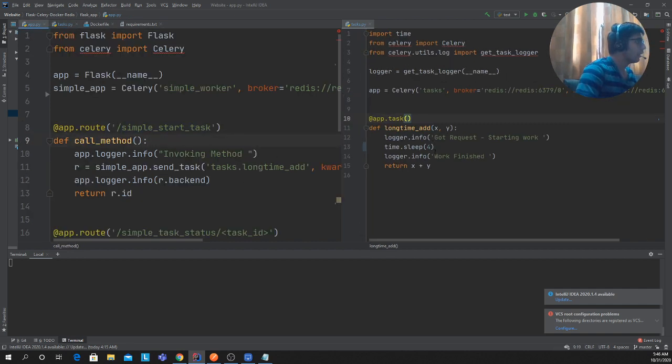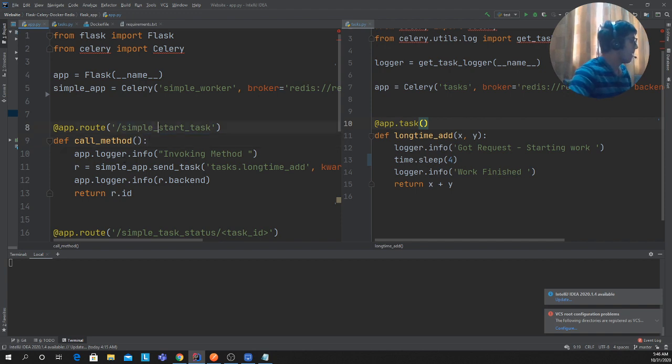If you see both the code simultaneously, we created an app, and in this task file we have a function called longtime_add. So here we defined our task. In this task.py, we have to define our queue. We defined a Celery queue, whatever you want to call it, called task. Whenever you want to create anything as a background process, you decorate it with the Celery instance dot the name of the task queue. In this case, it's task. So I'm just going to decorate with that.